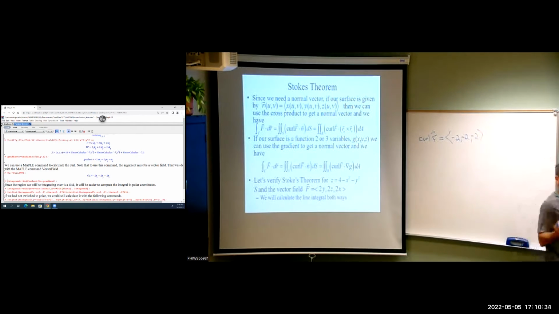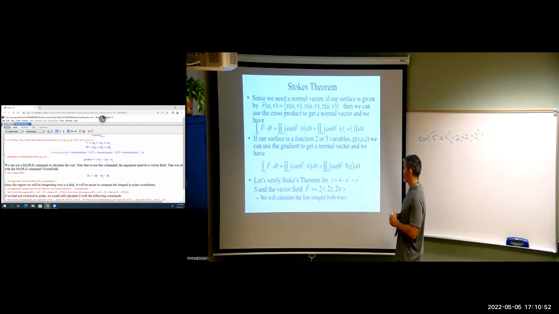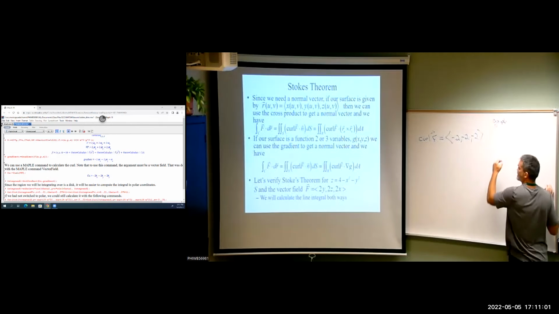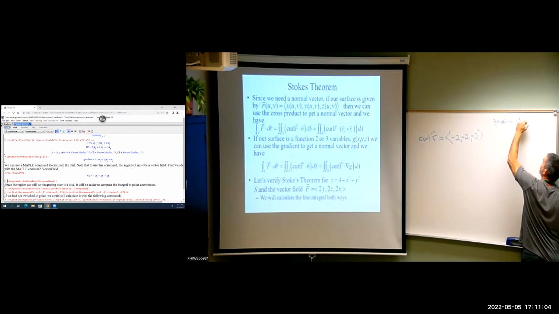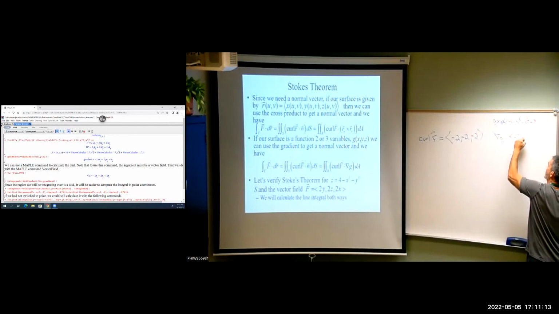Okay, now that's nothing new. We found the curl of a 3D vector field before, right? So again, mechanically, nothing new. The other thing we need is the gradient. So our function, and this is something that we had to do last time, needed to be a function of 3 variables. We'll bring the z over to the other side, right? And we'll say, okay, well, our function g of x, y, z is going to equal 4 minus x squared minus y squared minus z. And so the gradient of g